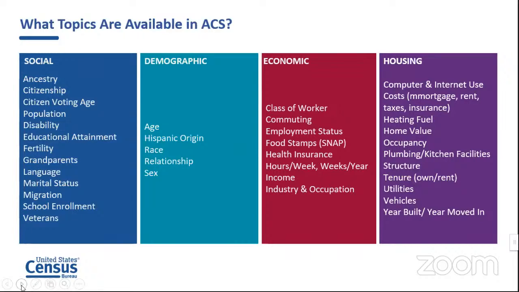Content is an important thing with ACS because this is where that really insightful information comes from. You can break down the content for ACS in these 4 groups. You've got social, demographic, economic, and housing characteristics. So if you look on the left side under social, this is a lot of, and this is just the